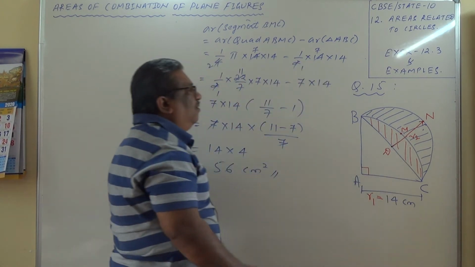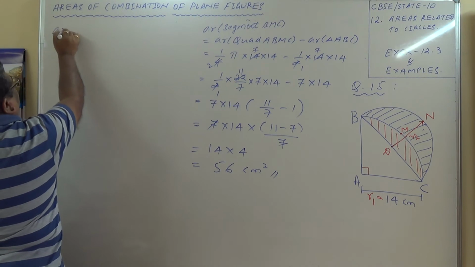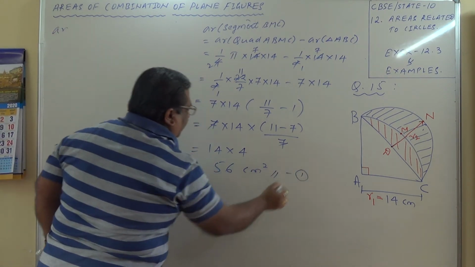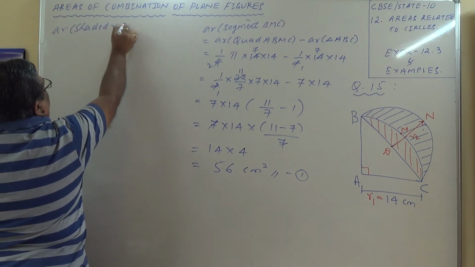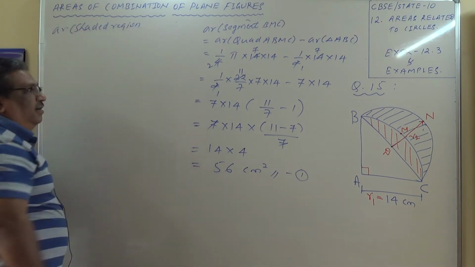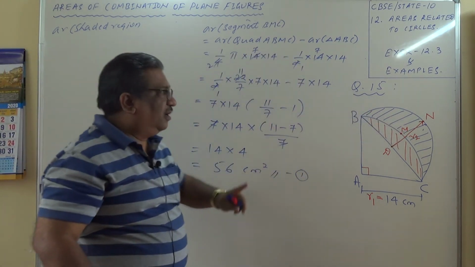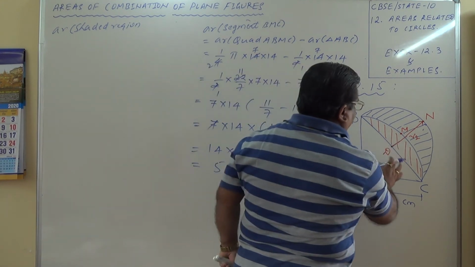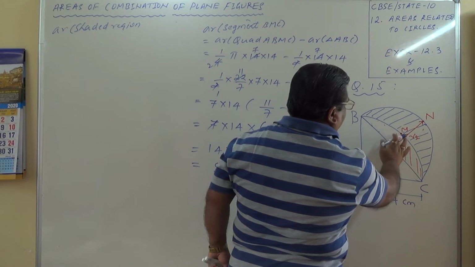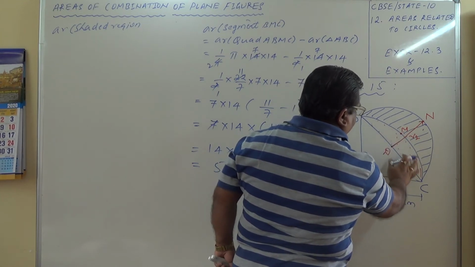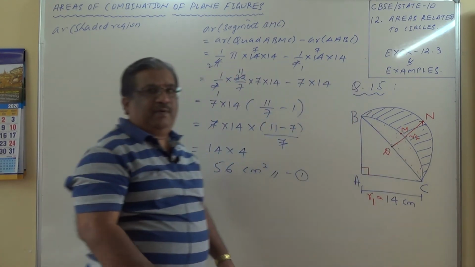Now area of the shaded region is equal to, mark this as 1. Here the area of the shaded region is this blue shaded region. Okay, that is the question. Red is only for your information. I marked it. Probably I will erase this red, which is not required. You have understood already what is the segment. Okay, fine. I hope this is very clear for you. That is what we have to find out.